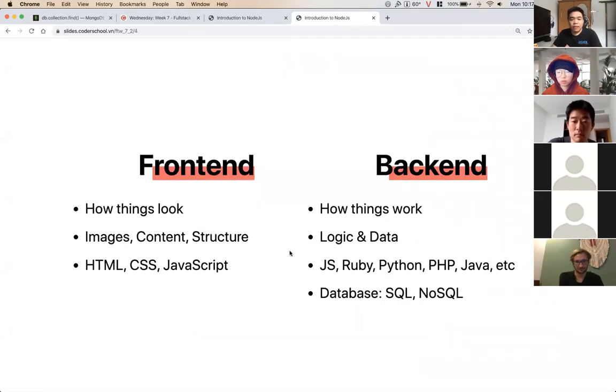So, okay, here's a theory. What is front end? What's back end? This is just theory, and then we will dive into the real examples. Right? Front end is where we focus on how things look. For example,